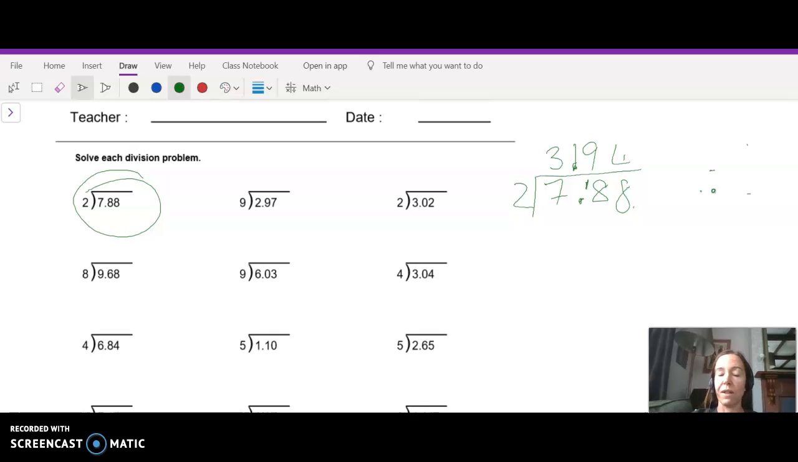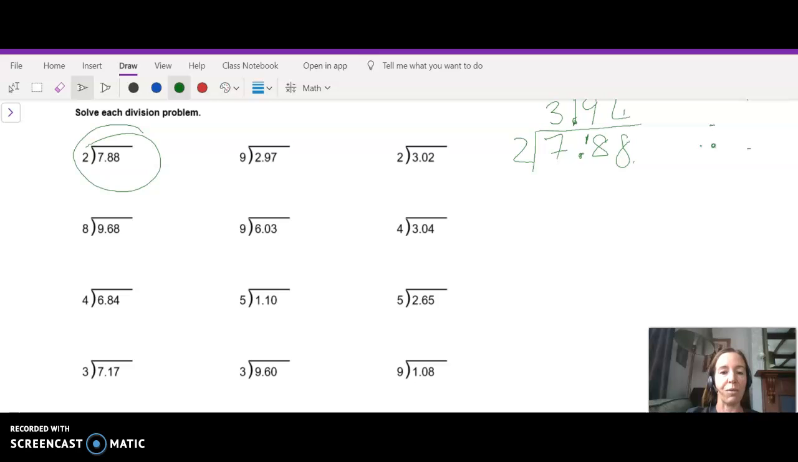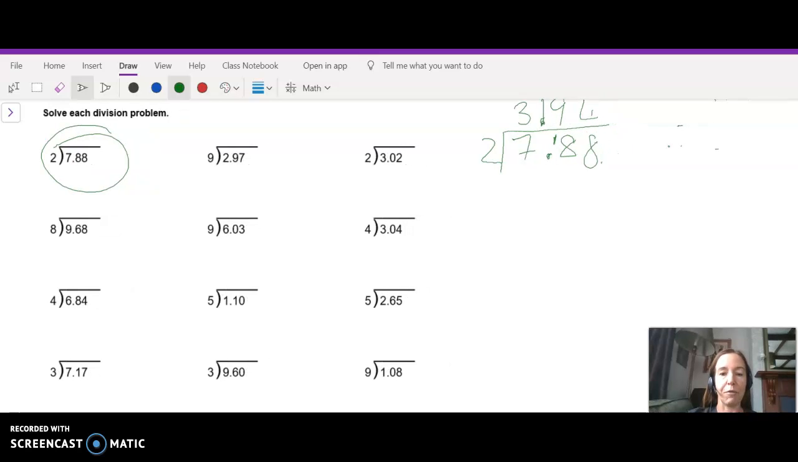I will do another one. I'm not going to do an example dividing by 9 because I'll let you do the hard ones. No, I will do a dividing by 4. How about that? So I'll do this one as the second one. 3.04